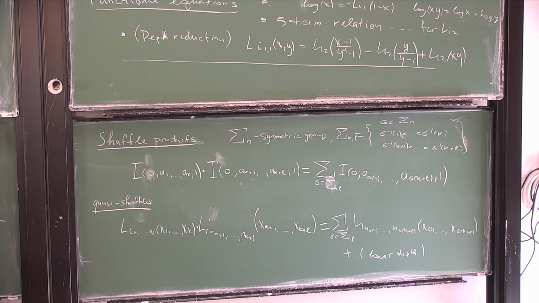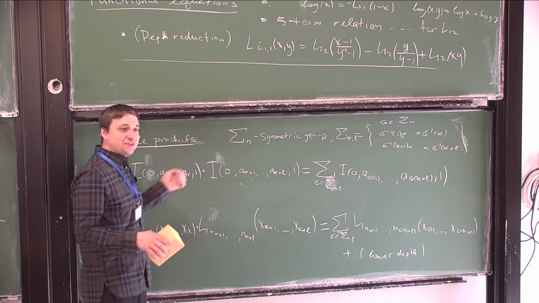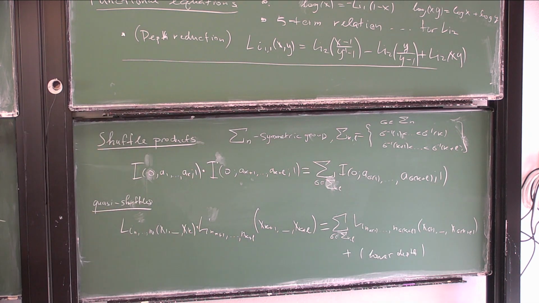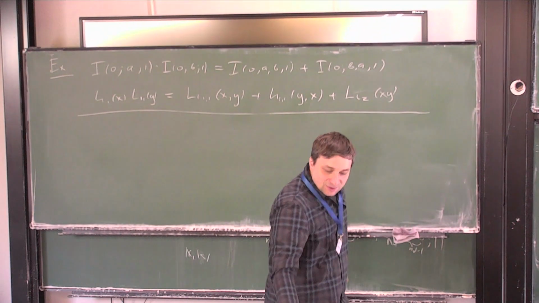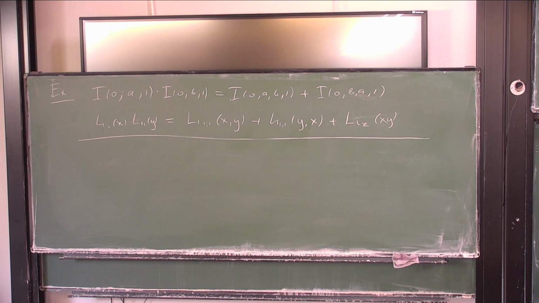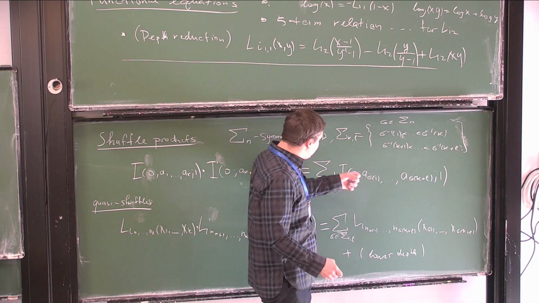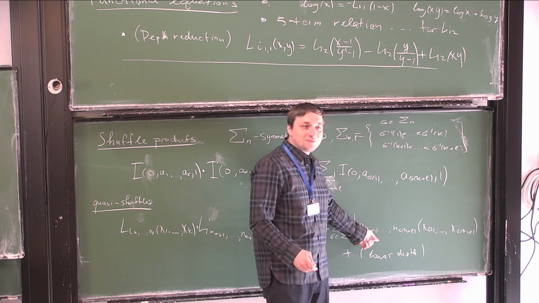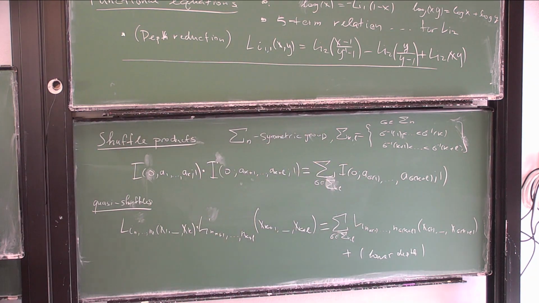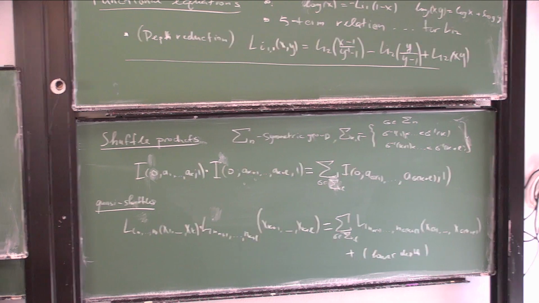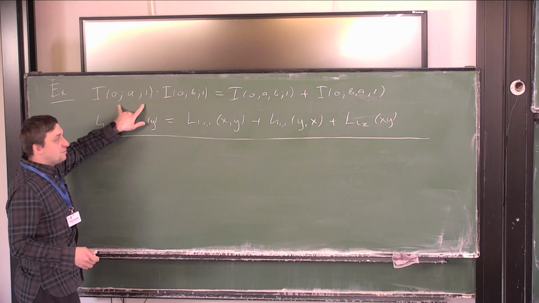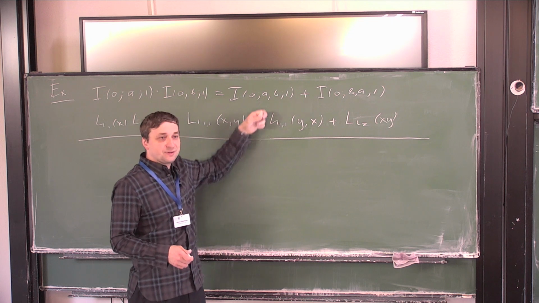So this is basically giving you not just one way, it kind of gives you two products, which is good. But what is actually good is, because you have two ways of writing products, it gives you the first kind of non-trivial identity between these elements, where this sum is actually equal to this sum. So in particular, if I rewrite iterated integrals here as multiple polylogarithms, I will get a non-trivial identity relating these,